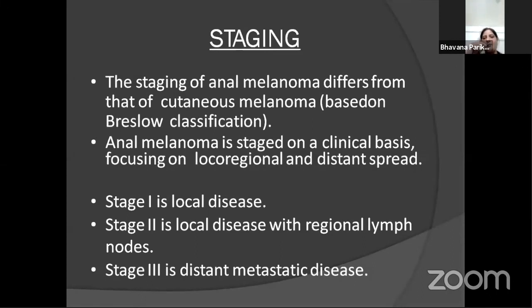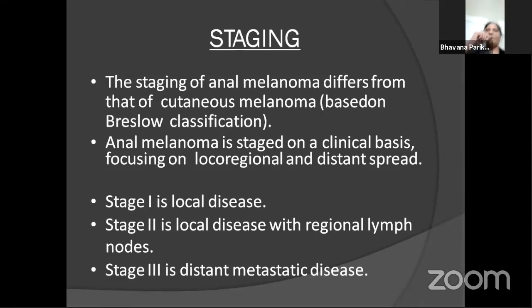Basically, melanoma, unlike squamous cell carcinoma, is a highly aggressive malignancy of the anal canal or any GI tract, especially the anal canal. Anal melanomas are generally treated two to three times as hemorrhoids. Yes, the majority of patients come to us like that. When I was in GCRI, I saw a patient operated two to three times for hemorrhoidectomy, and the third time some surgeon sent it for histopathological examination, which was suggestive of melanoma.